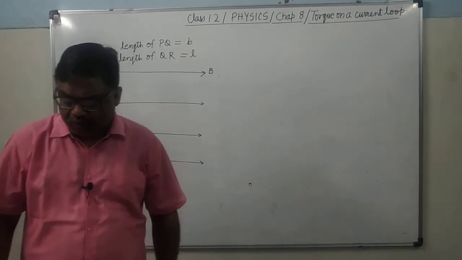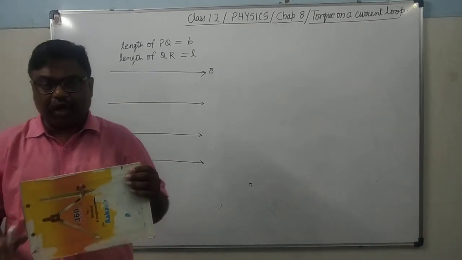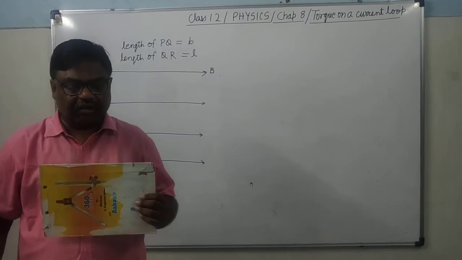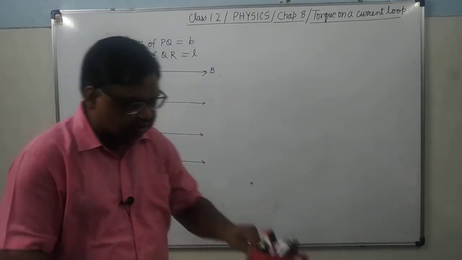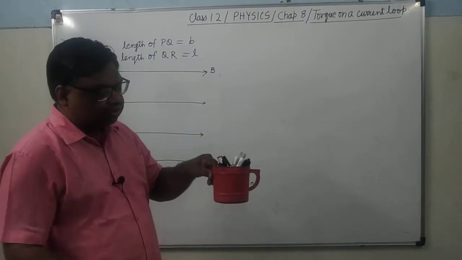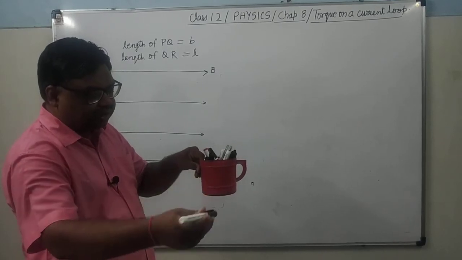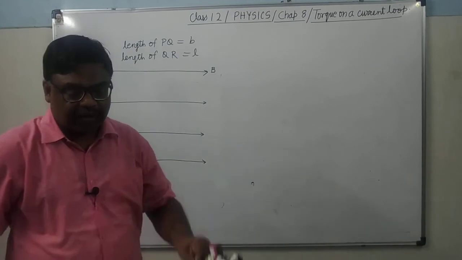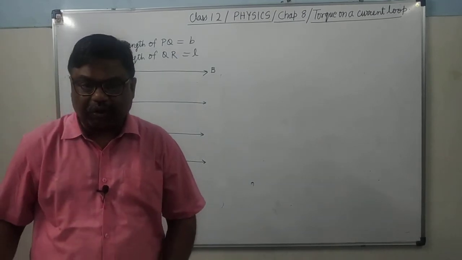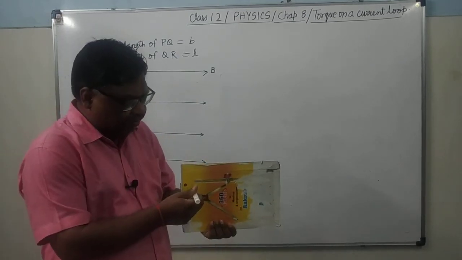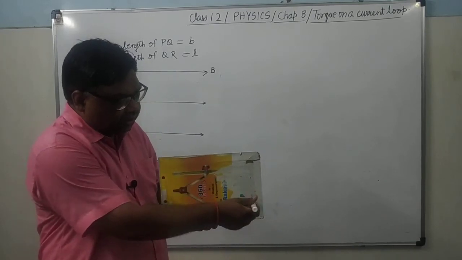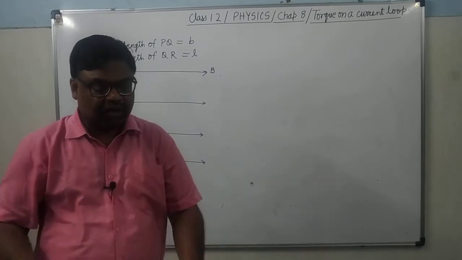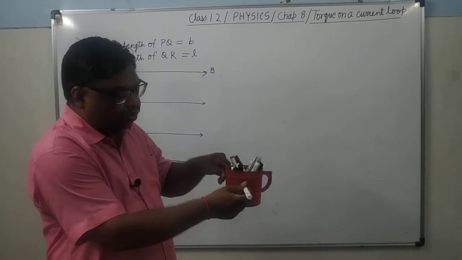One more thing, when you are taking a rectangular coil whose surface is a plane surface, not a curved surface. Here this surface is curved. This surface is curved, so if you draw normal here, it will be in this direction. If you draw normal here, it will be in some other direction. But here on the plane surface, what will happen? Either you draw the normal at this point or at this point or at this point. At every point it will be in the same direction, which is not possible in the curved surface.